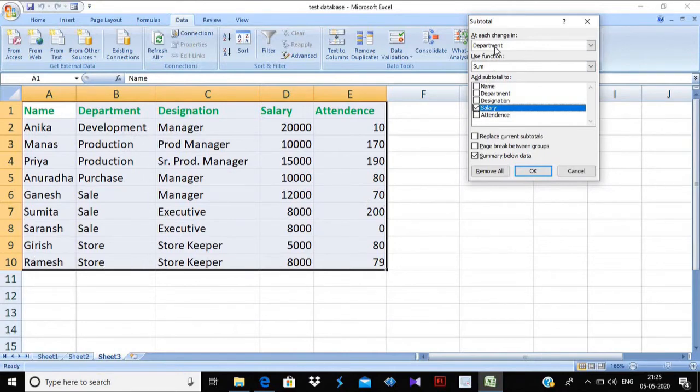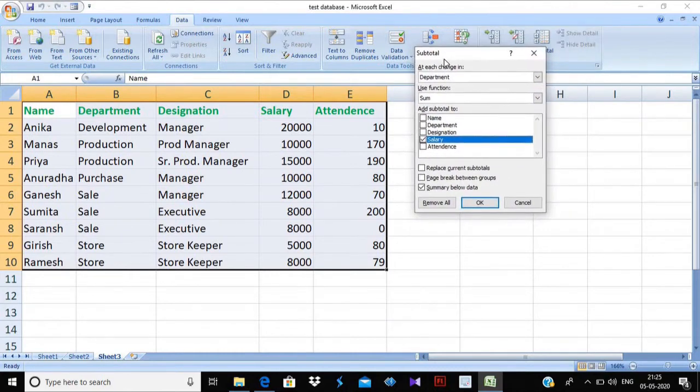Now in the Subtotal dialog box, the first option is 'At each change in'. Here we have to give the basis on which we will calculate the subtotal, that is, the main thing according to which we will distribute the salary.